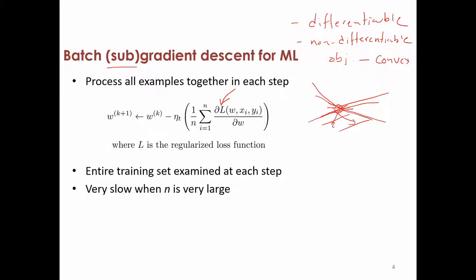Okay, so sorry, at the point of non-differentiability, not point of inflection. Okay, so now,